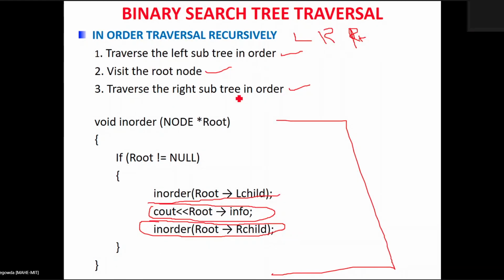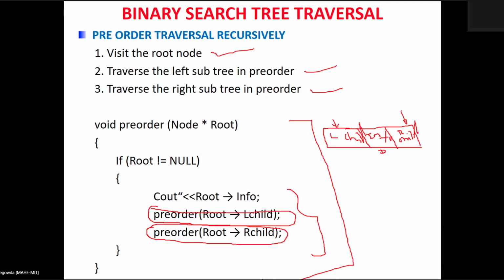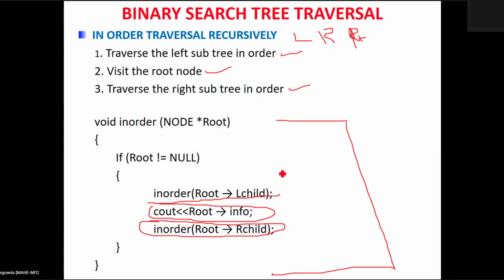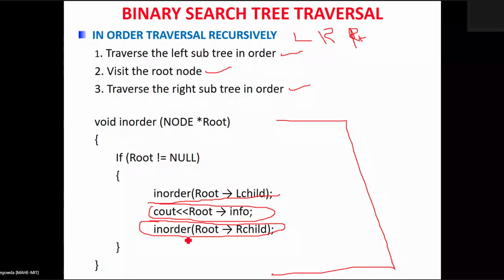If you look at the previous code and this one, the way of traversing is different. In the previous case, the order of visiting the root node is root followed by left followed by right. These statements are interchanged depending upon the type of traversal. If you look at this here, in-order means you visit the left child first, after that the root, and followed by the right child.